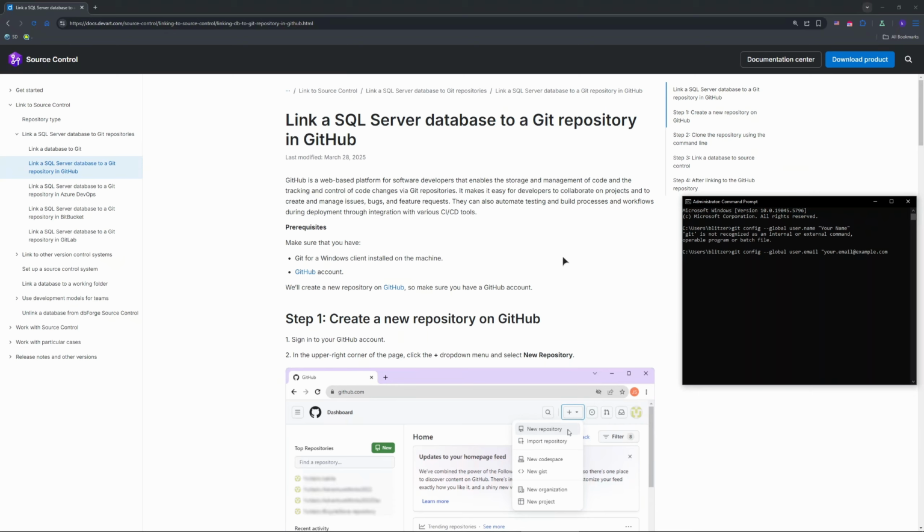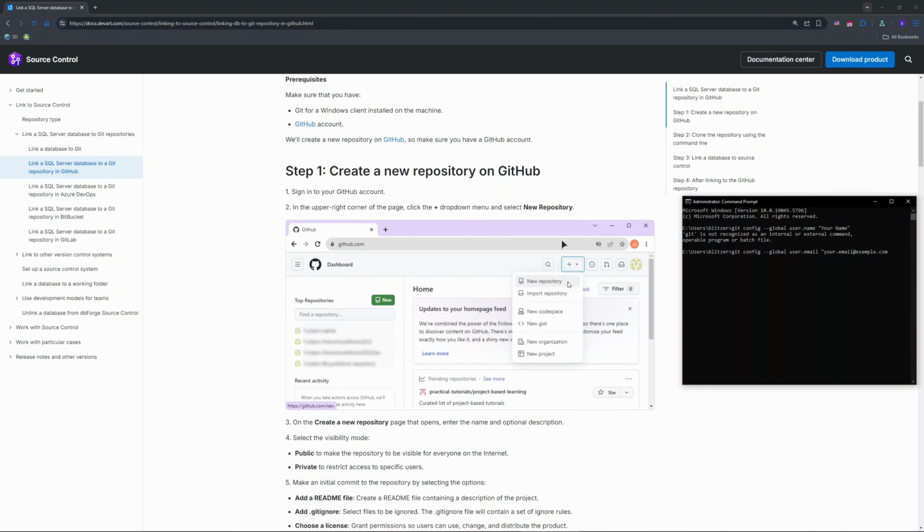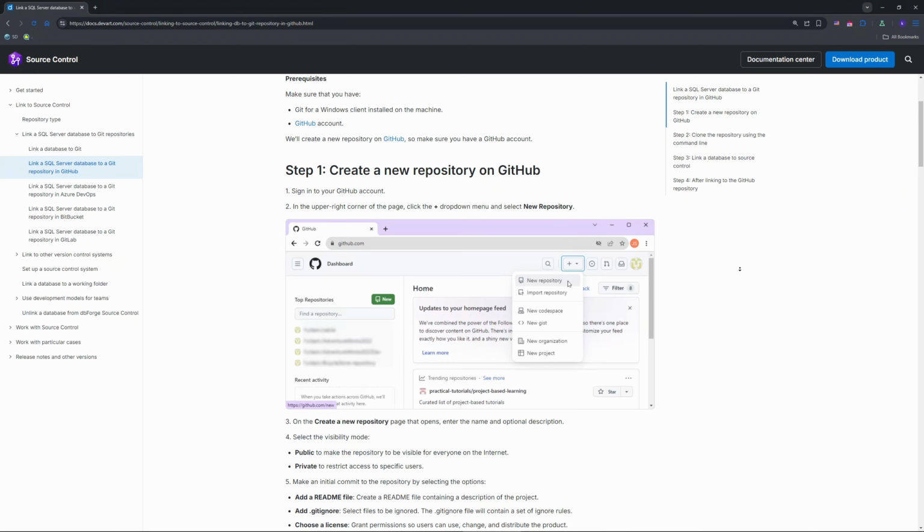After that, you need to log into GitHub, click New Repository, name it, for example, SQL scripts, and choose public or private. Add a README and a .gitignore file for SQL, then click Create Repository. Copy the repository's